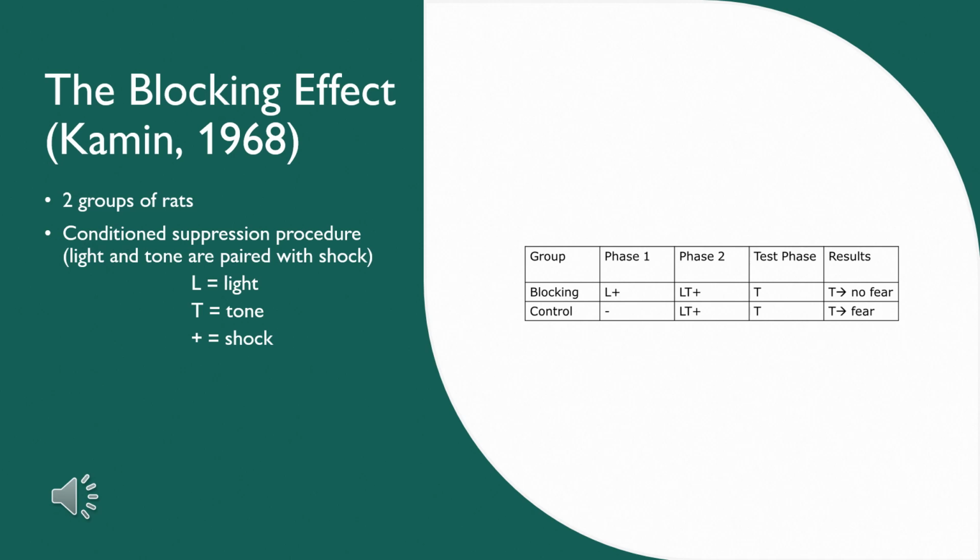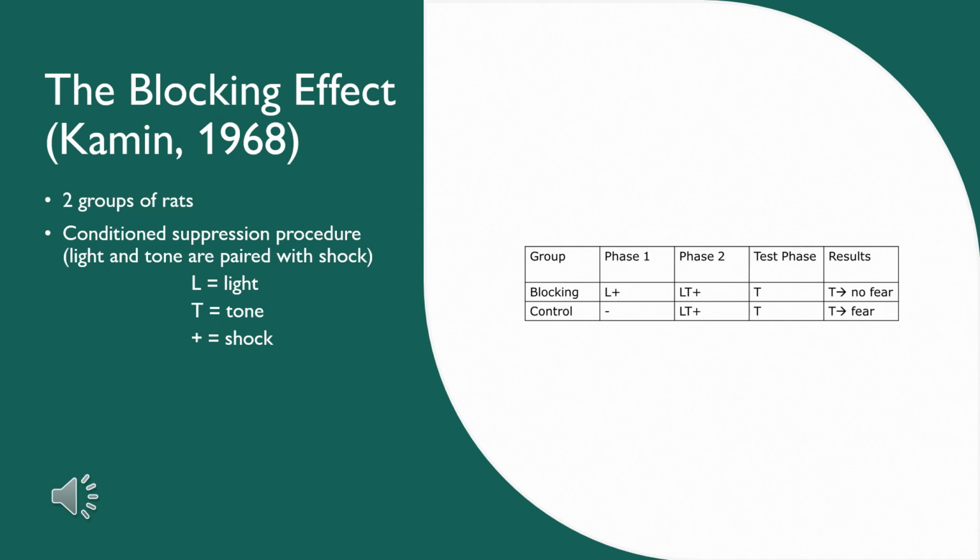When we look at the blocking effect, we look at this as a phenomenon in classical conditioning. This is where a previously learned association between a stimulus, or a conditioned stimulus, and an unconditioned stimulus prevents the formation of a new association with a second stimulus when two stimuli are presented together. Essentially, the organism blocks the new association because it already has a strong predictive relationship with the conditioned stimulus and